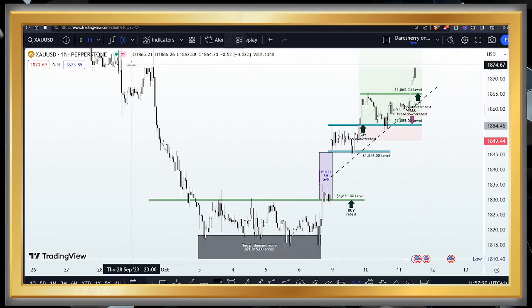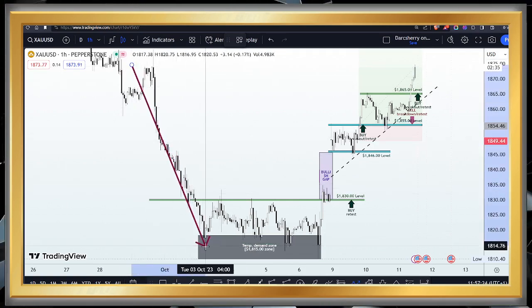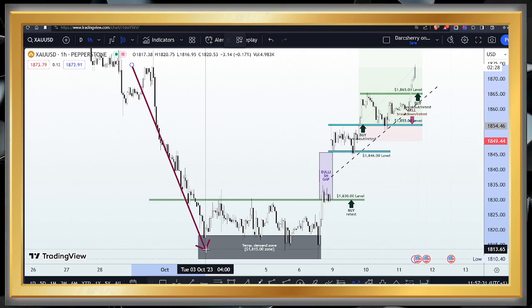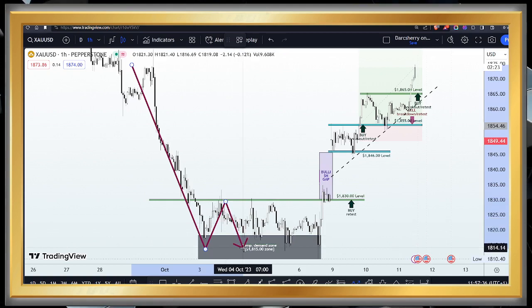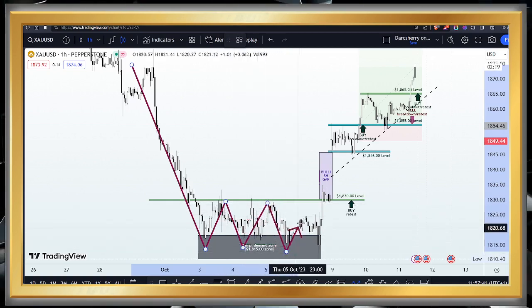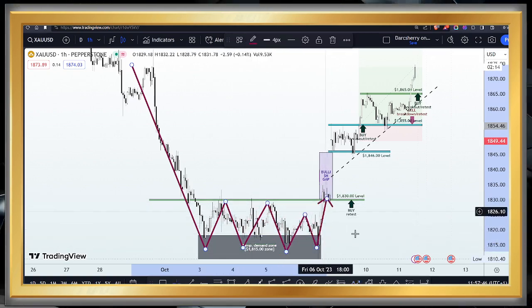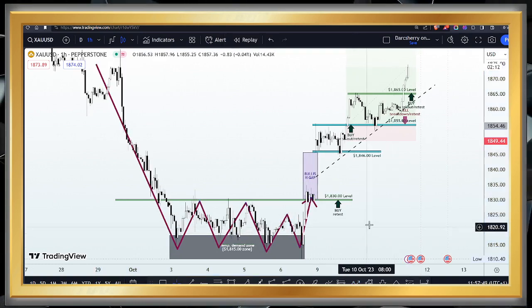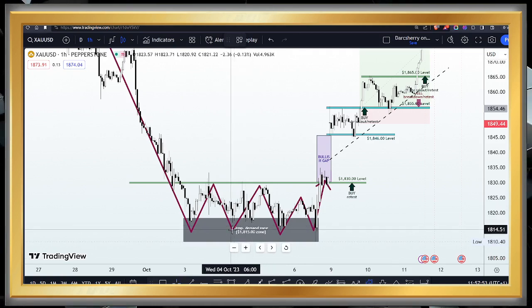And we saw price nosedive all the way into the 1,815, 1,810 zone, and something interesting happened here last week. Now, despite the strong bearish momentum in this market, we saw how it became difficult for sellers to break through this zone around the 1,815 and the 1,810 area. Now, the inability of sellers to break down this structure throughout the course of last week was a red flag for us that buyers may likely be gaining momentum behind the scenes.